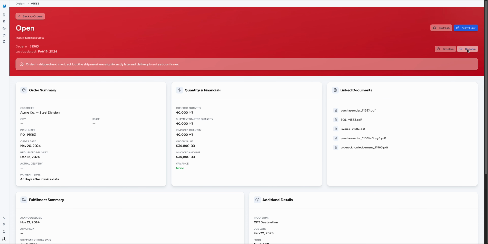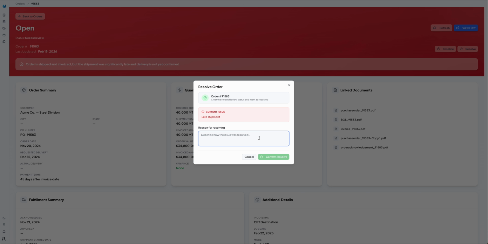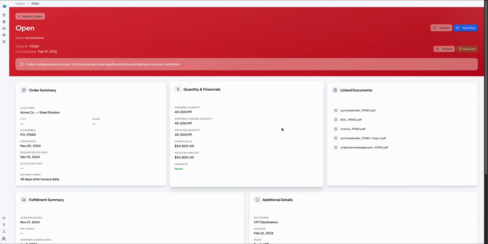Once your team has handled it, resolving is one click. Log what happened, confirm the order, and the order is cleared. Every action is tracked so your whole team stays aligned. No more chasing updates over email. I'm just going to clear this out. All right, and that is